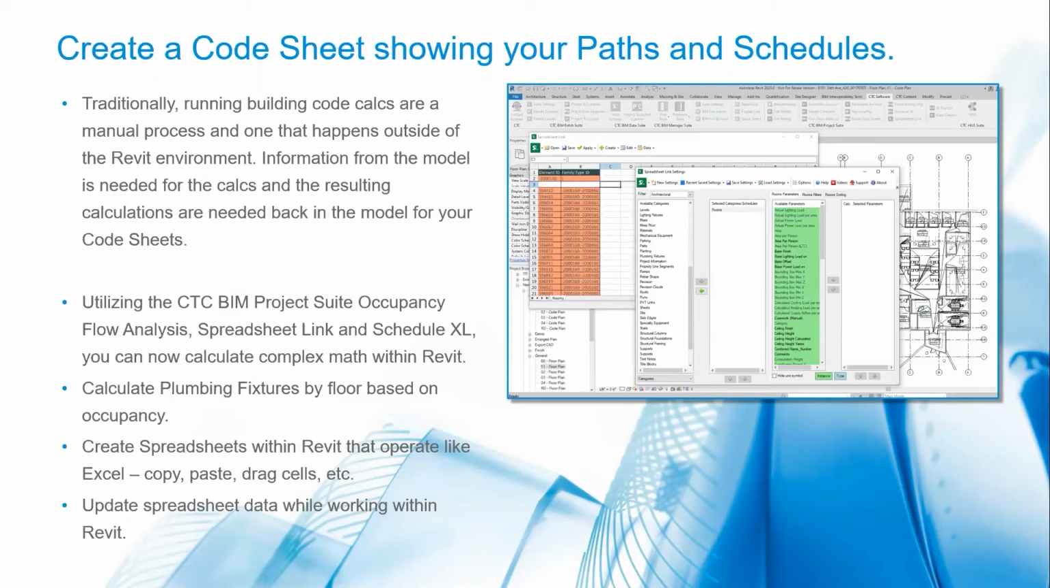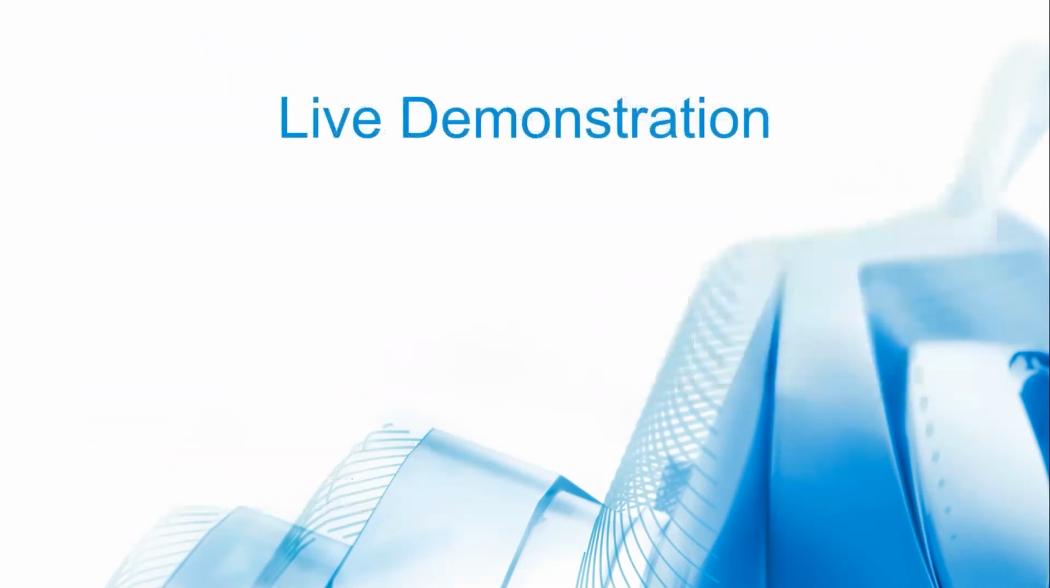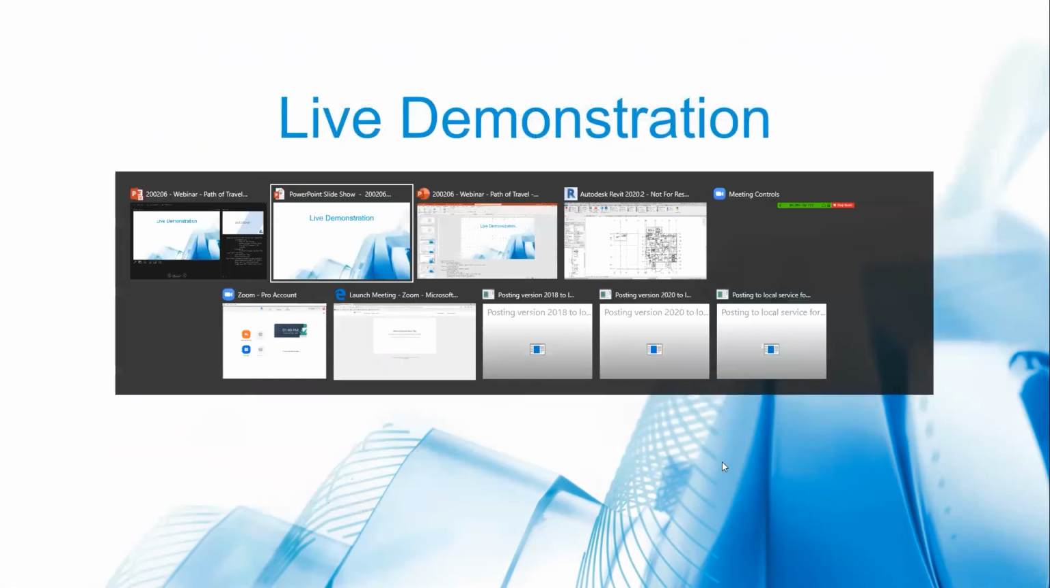inside of Revit. Well, with 2 of these different tools, 3 tools, Occupancy Flow Analysis, of course, but then the Spreadsheet Link and the Schedule Excel, you can now calculate those within Revit using the CTC tools. So I'm going to go ahead and show you that as well. So if I flip back over here to my Revit,